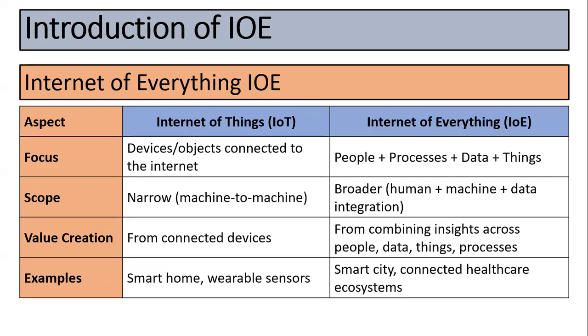Now we'll see some comparison between the internet of things and internet of everything. Now you can see the focus for internet of things is device objects connected to the internet. उसका focus खाली device object internet पे connected है या नहीं, ये internet of things का focus होता है। और internet of everything का क्या है, people plus processes plus data plus things, all, everything, वो बन जाता है internet of everything। ये क्या है, नैरो, मशीन टू मशीन, ये ब्रॉडर है, मशीन प्लस ह्यूमन प्लस मशीन प्लस डेटा इंटीग्रेशन।